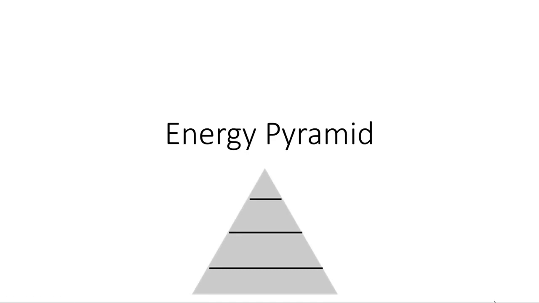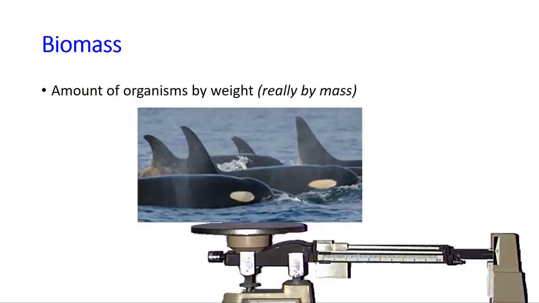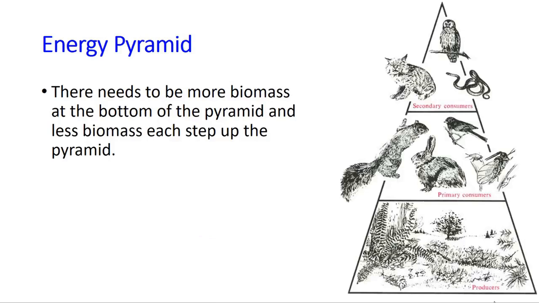The energy pyramid and energy flow. So first off, biomass is the amount of organisms by mass, right? So if we took a scale and weighed all the killer whales in an ecosystem, that would be the biomass of killer whales. So the energy pyramid has at the very bottom the most biomass, and each step up